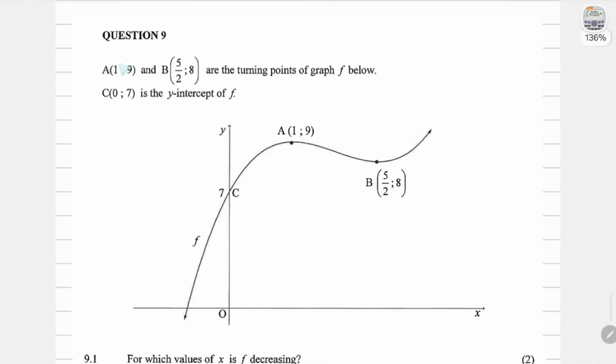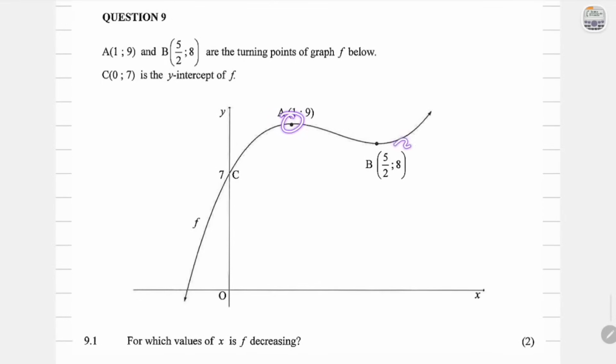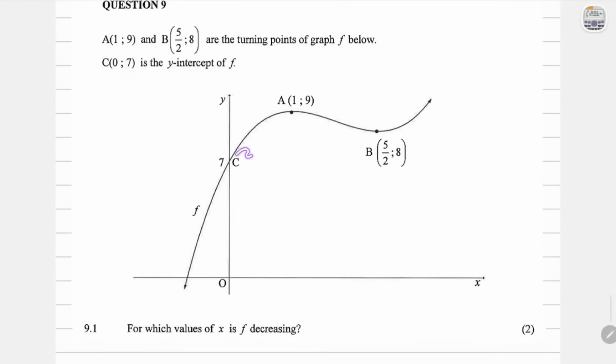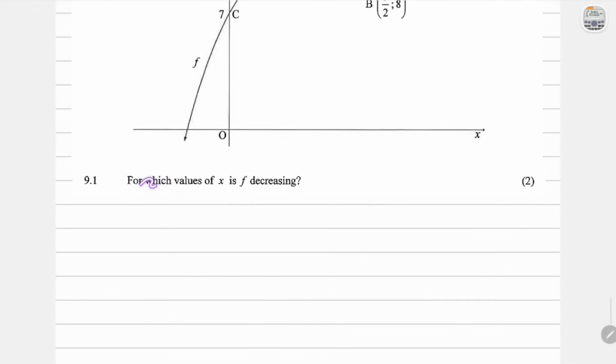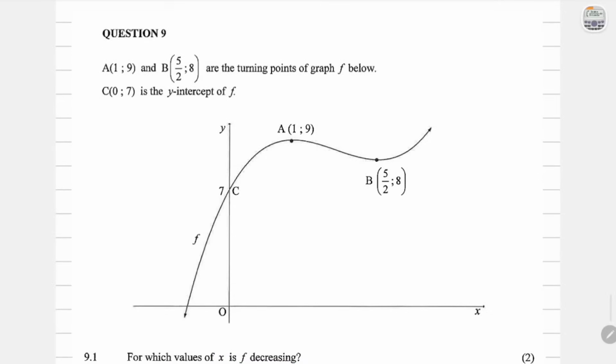Question 9, and we have A (1, 9) and B are turning points of the graph of f. So that's a turning point and that's a turning point. Then they tell us that C, which is (0, 7), is the y-intercept. And the first question is to find out for which values of x is f decreasing. Okay, so let's look at